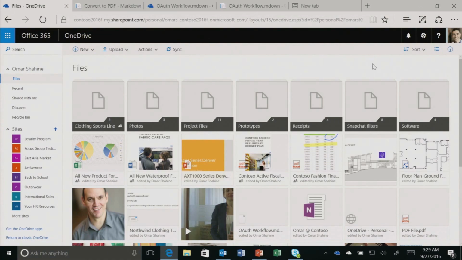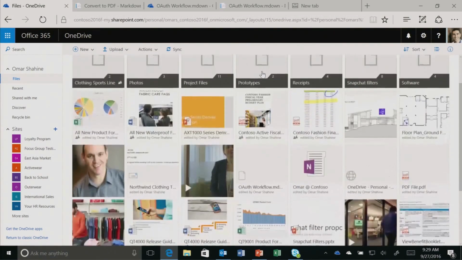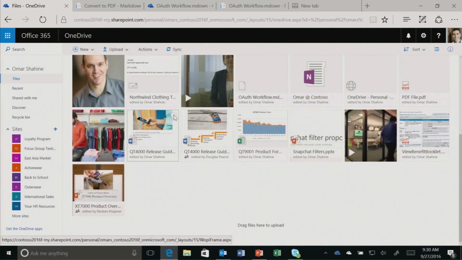All right, so we covered a bunch of view experiences. What I want to do now is focus on sharing. We've gotten probably the most feedback on sharing in OneDrive, about it being too difficult and too hard and not capable enough. And so I hope to show you some experiences that will take care of a lot of those